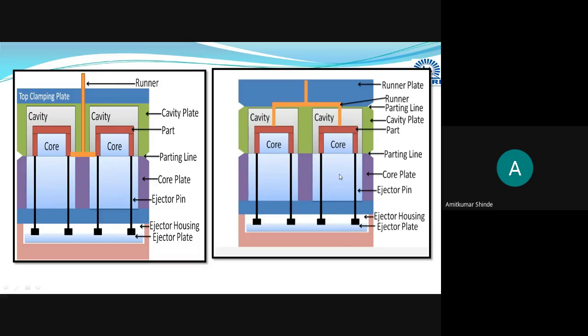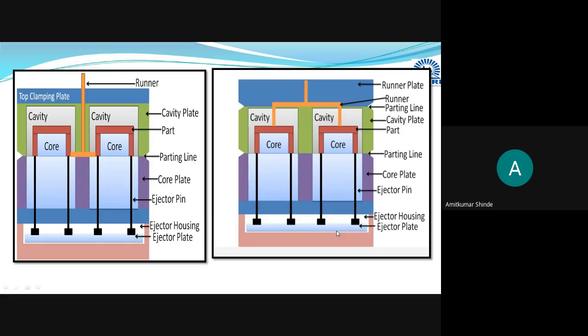Then what are the disadvantages? Okay, the disadvantage of this method I have already explained in two plate mold. What is the disadvantage? A runner, you have to always align it with this parting line. As there is a single parting line, it must be aligned with that single parting line. And what are the disadvantages of this three plate mold? In this three plate mold, pressure required is in larger amount, cost is high due to the complicated design, cost is more, okay, and pressure values required are also on the higher side, okay.